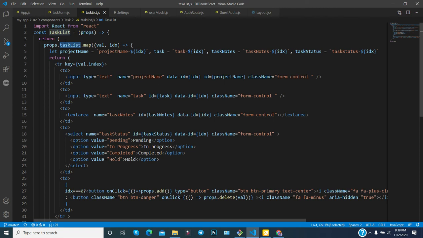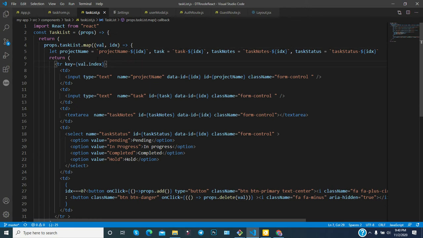So you just use the map method, and in the map method the first argument is val, the value of that particular array, and another one is the index, for which index you are getting a value. Suppose for index 0 you are getting a value, for index 1 you are getting the value, for index 2 you are getting the value.